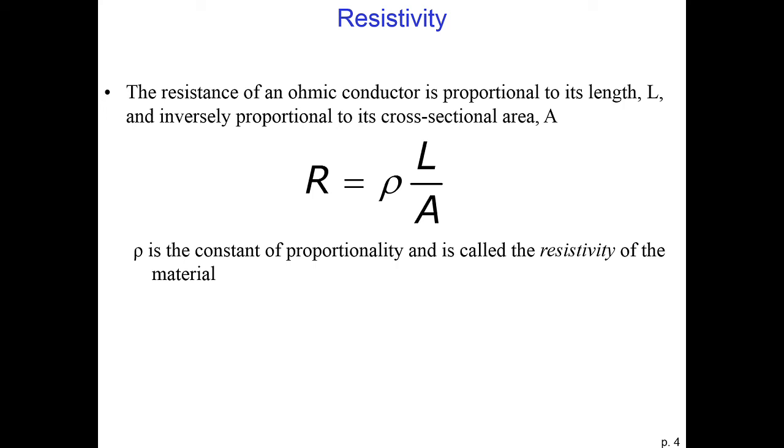If we are imagining pushing our electrons through a tube, like viscous liquid like toothpaste, then the longer the tube, the more difficult it will be, whereas if you make the tube wider, it will be easier to push the toothpaste through the tube. So resistance works exactly the same way,